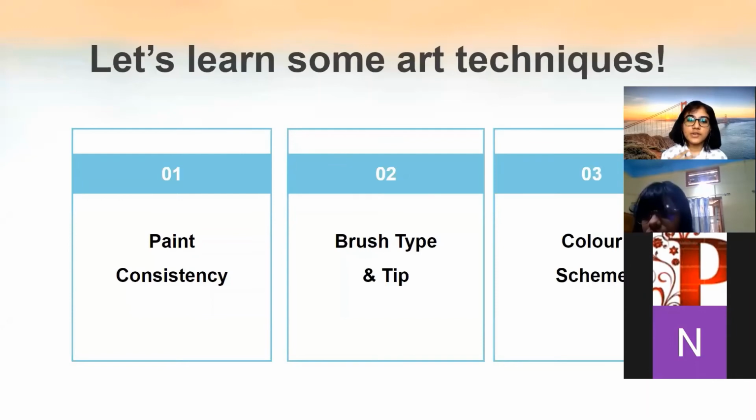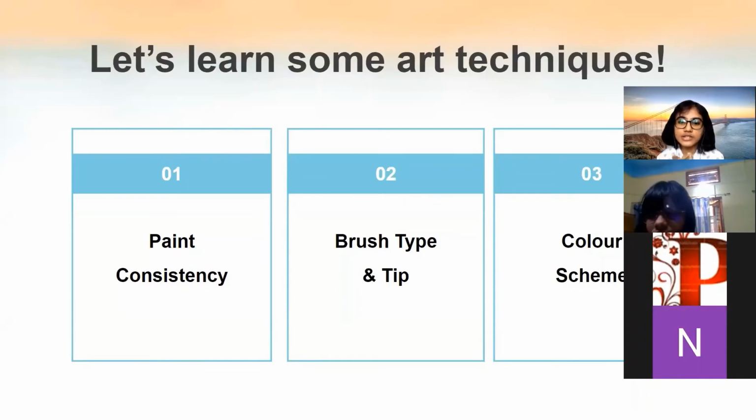It basically shows that the consistency is not correct. So whenever you're mixing, if you have a thick paint, or if you're using tubes, they have very thick paints. What you should do is mix it with a little bit of water, but mix the entire portion with water. So that's what I mean by consistency.